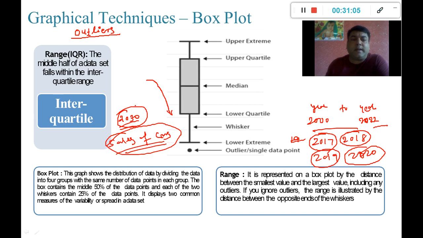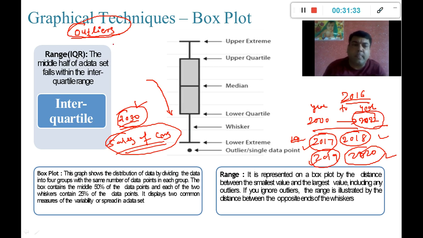So in 2030, these figures for these 4 years, the sales of cars, may look like an outlier to you, because they are not in line with the data from 2000 to 2022. So maybe up to 2016 everything was okay, and from 17, 18, 19, 20 to 22, the sales have dropped.